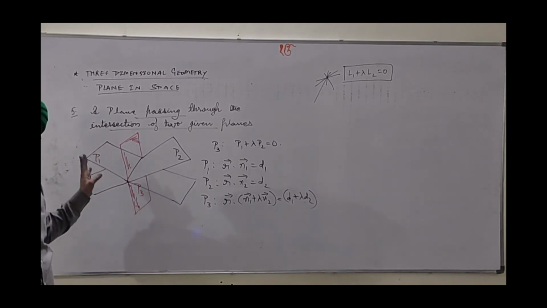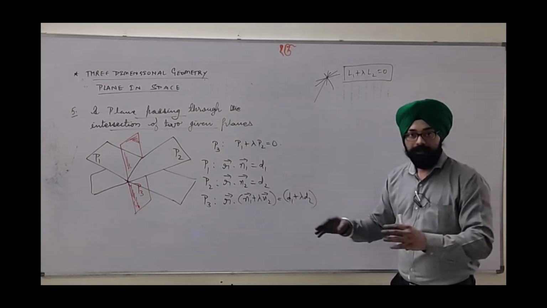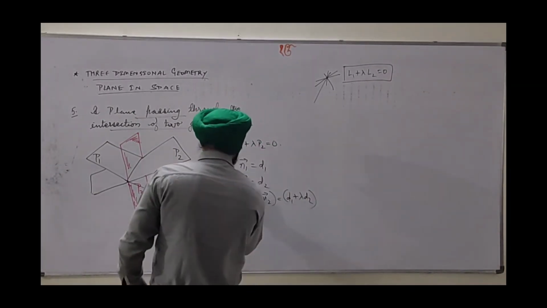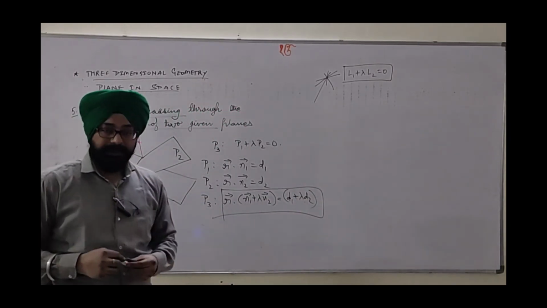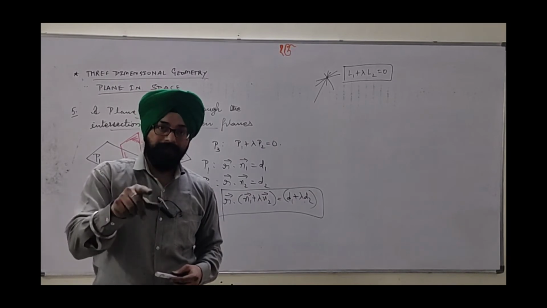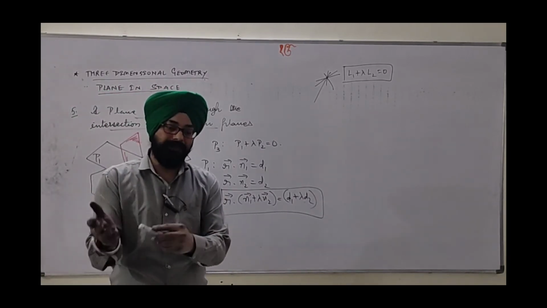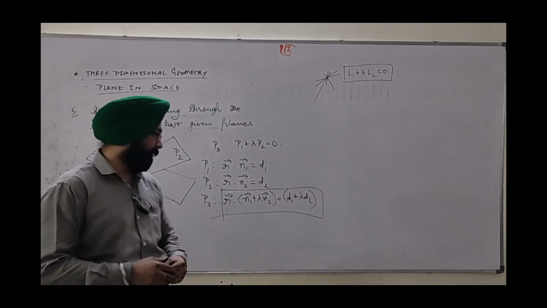I have taken one only to show. Okay. So by changing the value of lambda, it gives the infinite planes passing through the intersection of P1 and P2. So this is in vector form. One more question may arise: how to find lambda? Lambda will be obtained by some other information. That is, when we see the equation part, I will explain that time.